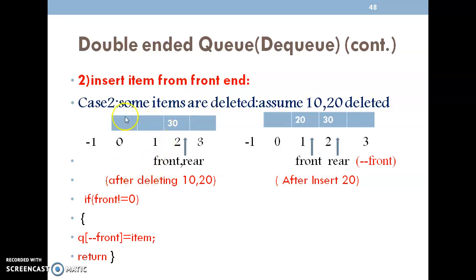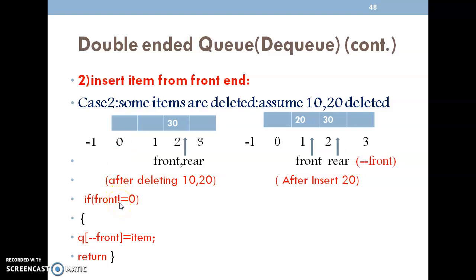So the first table indicates the queue after deleting, where only 30 is left. Then I want to insert 20 from the front end, inserting 20 at position 1. For that, we are making use of these 2 tables. For that, you have to check whether front is equal to 0 or not.